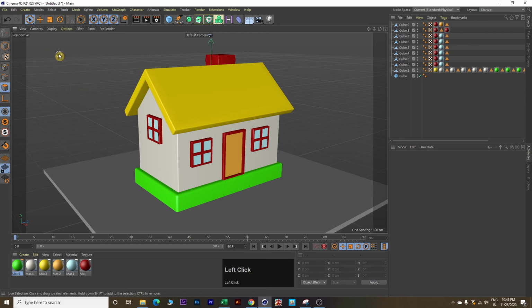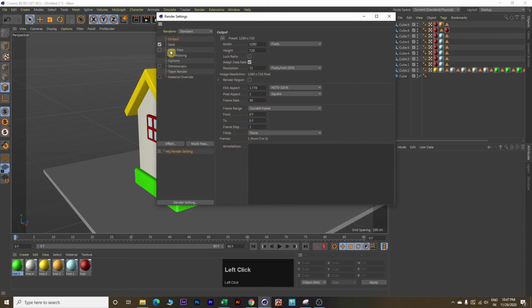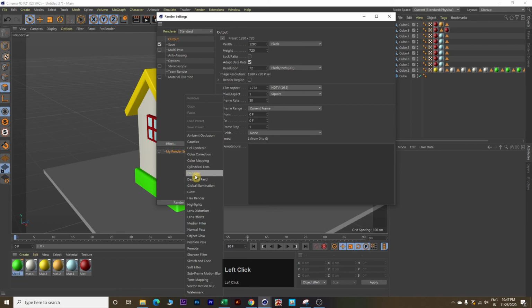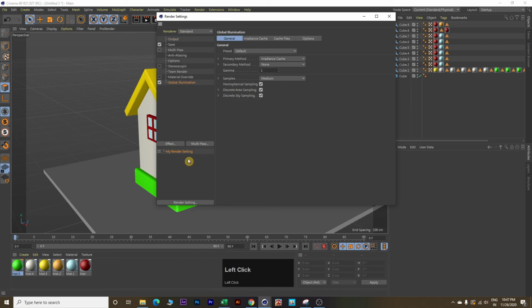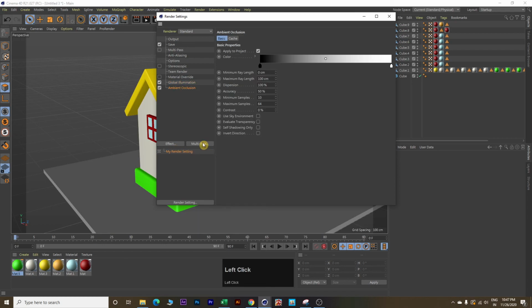Next, we will click on render settings, click on effect, select global illumination, again click on effect, select ambient occlusion.